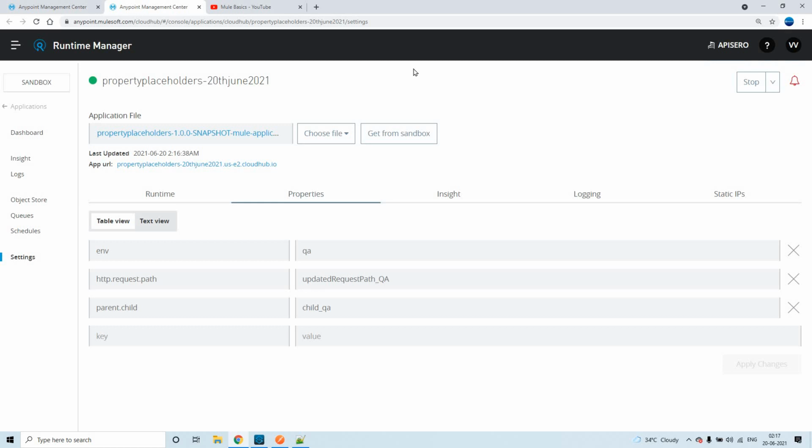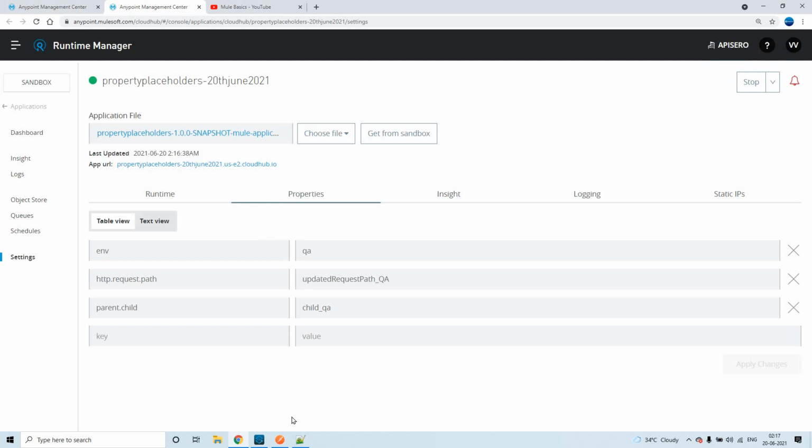You are externalizing these things so that you can override the properties from the Runtime Manager application properties section. So this is one advantage. You can externalize these things, change them here, and override the values. That's it. This is the advantage.